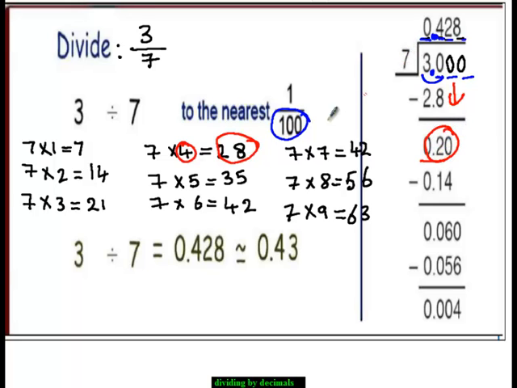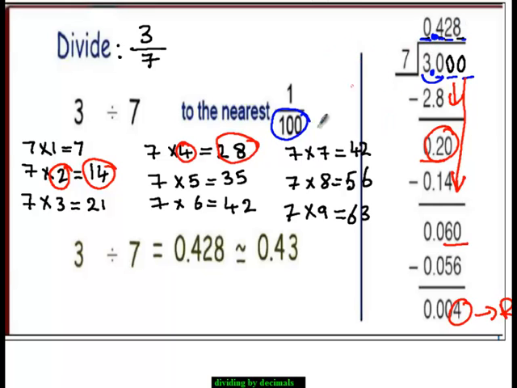20 again. 20 divided by 7, here less than 20, it will be 2. I'm going to check here. I take 2 and 14. 20 minus 14 is 6, and I'm going to drop down the last 0. 60 divided by 7 will be 8, because 8 by 7 is 56, and I have here 4 as a remainder. And okay, here the number